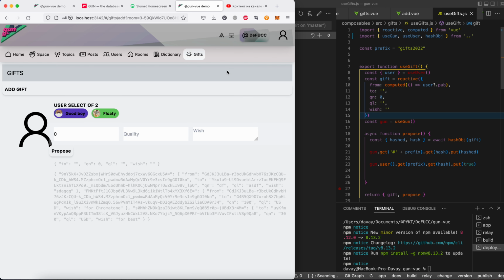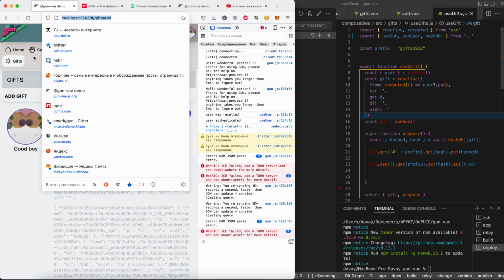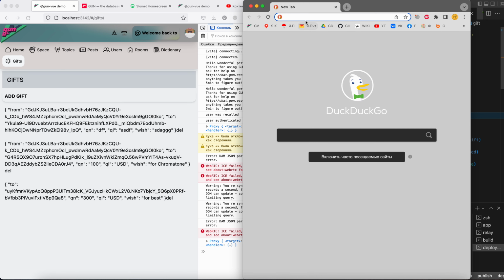So this is part 2. I just continue the building of the gifts app. Watch the previous version to find out how we've built some routes in the gun-vue app. So we have the list of gifts, and this list is synchronized